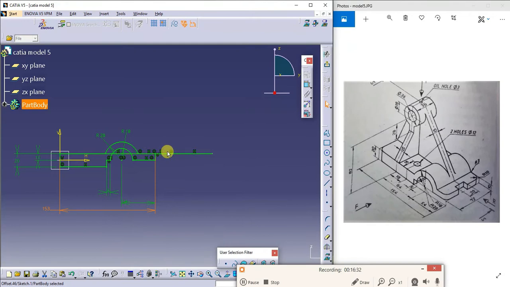It is changing, but there is a distortion in the sketch.